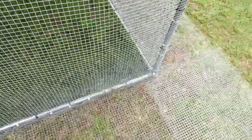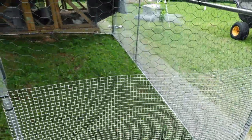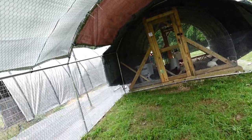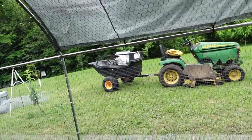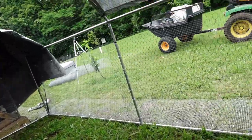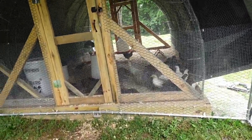So going inside, I am going to take this magnetic sweeper. I can't let the chickens out until I use this. I'm just going to go all the way around, although there really shouldn't be anything on the ground here. Oh, it's stuck to the side. Except for up by the doors where I'm really concerned. Up around here,